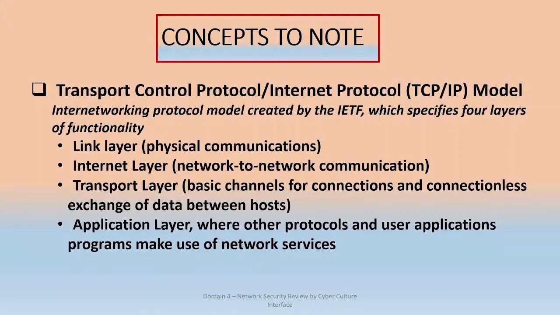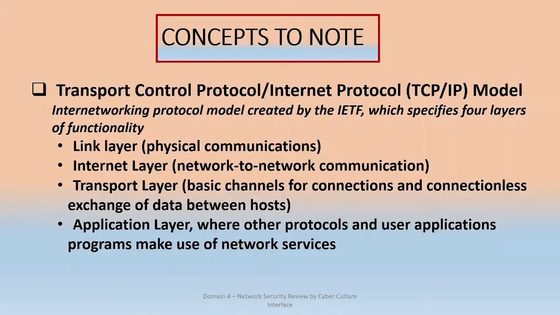Then we have the application layer, and this is where protocols and user application programs make use of network services. This is mostly the part where end users interact. When you are browsing, for instance, your browser is an application and it functions at the application layer. Most of the graphical user interface software that we use functions at the application layer because it helps to interpret data into what end users can understand. There are also many protocols within this layer, and applications make use of these protocols in order to be able to use the network